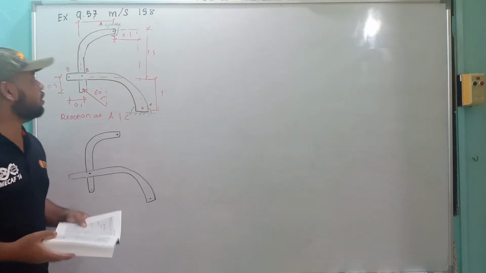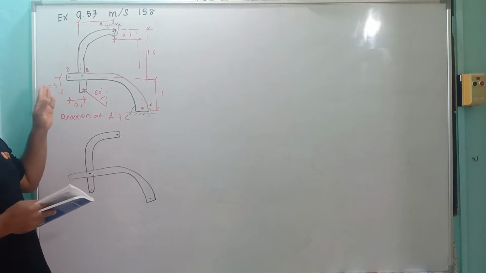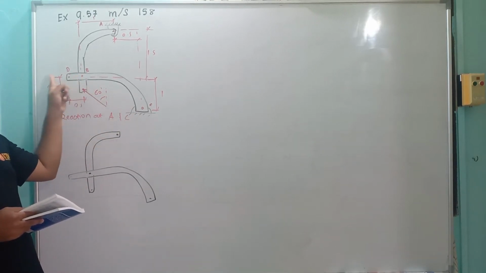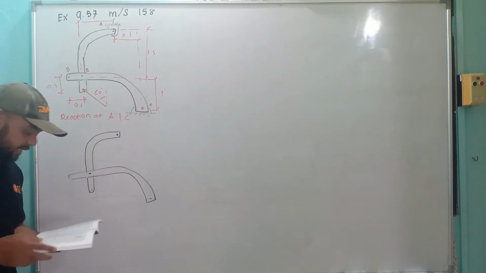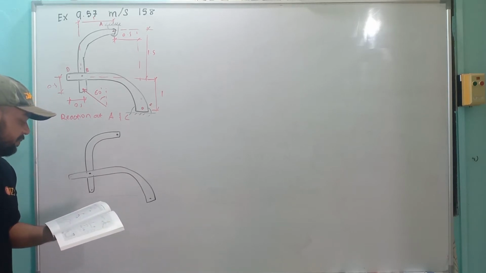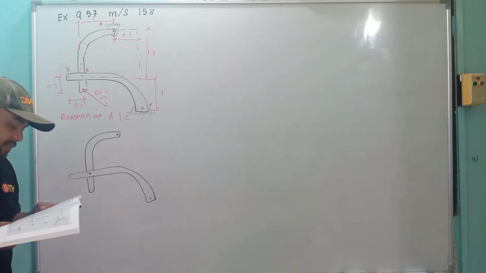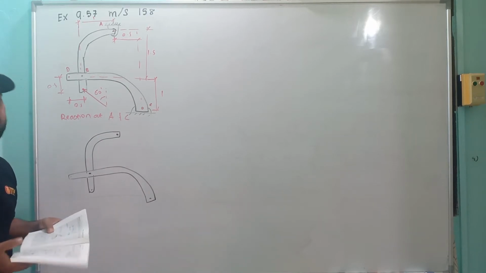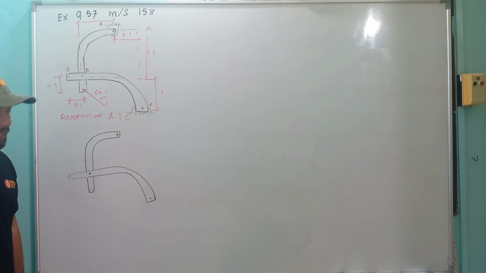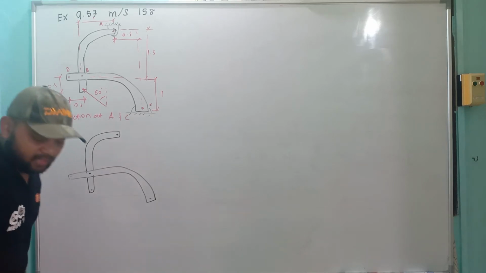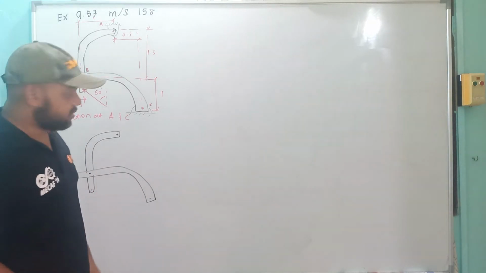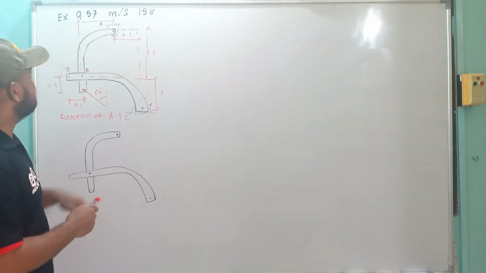So we have two components: A, B, and the other one is C, B, D, attached together. The question is to determine the reaction at pin A and C so that the system is maintained in equilibrium. Of course, in this case, the question asks you to find the reaction force at these two joints,